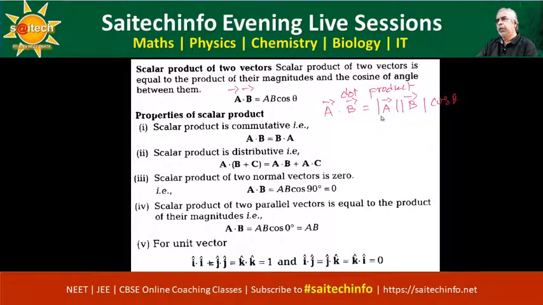Are you able to follow? This modulus of vector A is nothing but the magnitude only, no direction is involved, and that is why they have put AB cos theta. This should be written as A dot B with the arrow mark or bold letters. But it would be very difficult to put bold letters every time, so the best thing is to put the arrow mark on the head. In printed matter, it is convenient to put the bold mark instead of the arrow mark, so that is the convention they adopt.